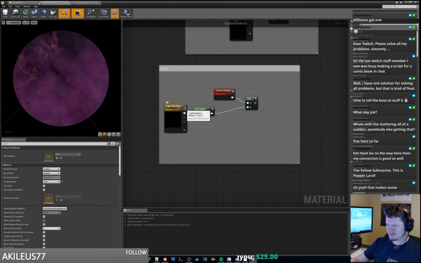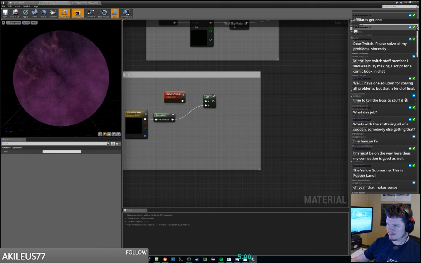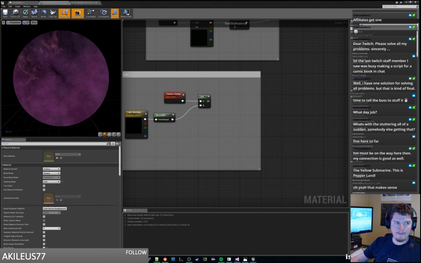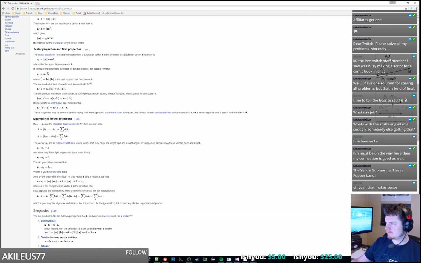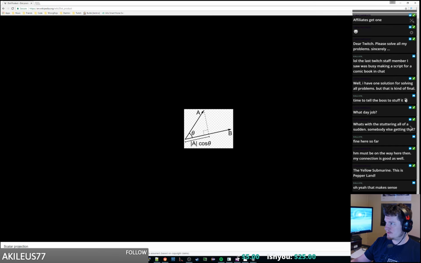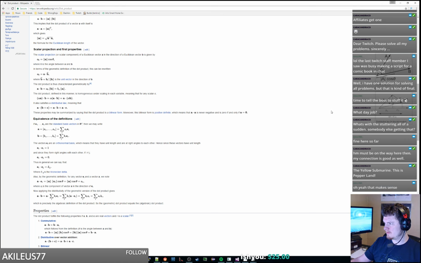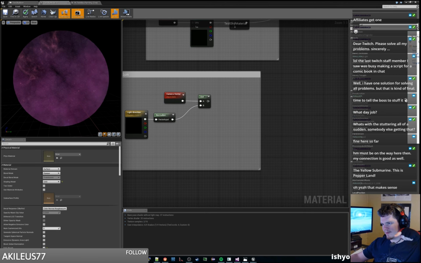Okay, so we'll normalize the vector input because who knows why. And we dot that with the camera vector. If we dot that with the camera vector, so the best thing here is the dot product is like the scalar projection of one onto the other. So basically it's like the length of this thing projected onto it. So basically as this camera vector looks towards the, like if we have our camera vector and we have our light direction, as we look toward the light, the